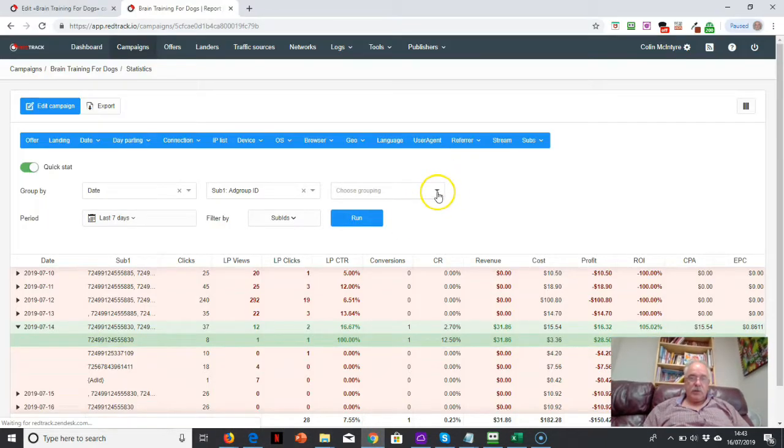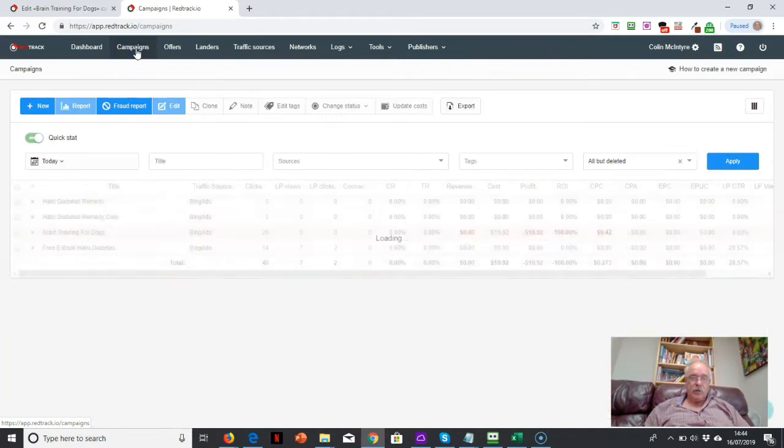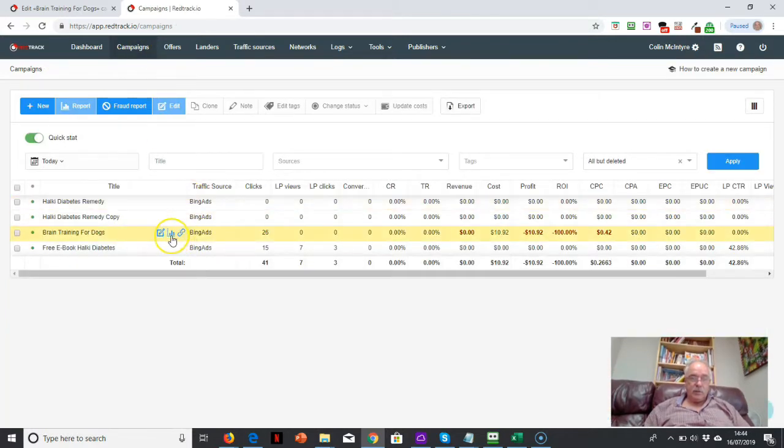So you can do all sorts of analysis. You can do it by ad, you could do it by country, you could do it by keyword, city, all sorts of analysis. Okay, and so you could do that in a number of places. So you could do it on campaigns. So again, I'll just show you campaigns, go to the relevant one, click the graph icon. You can do it on offers,